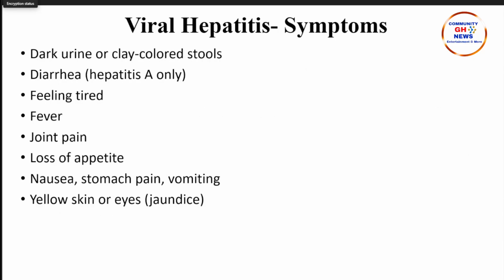With viral hepatitis, I just mentioned some of the symptoms you should take notice of. If you realize your urine is dark or your stool is pale or clay colored, sometimes also dark, you should be worried, because your urine shouldn't be dark. Of course, it's not only viral hepatitis that can cause dark urine. There are other causes, but you should come to the hospital. As part of the investigation panel, they will screen you for viral hepatitis to know which of them is causing that, or if any other disease is causing it.